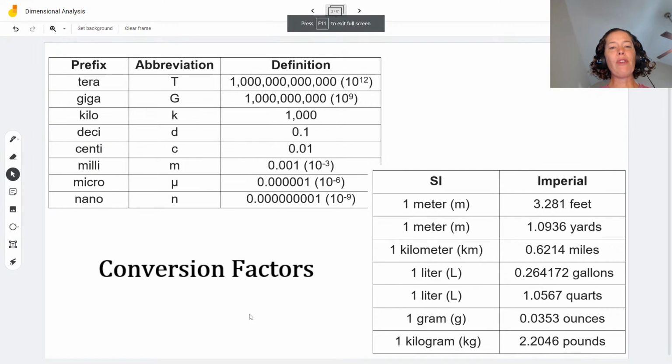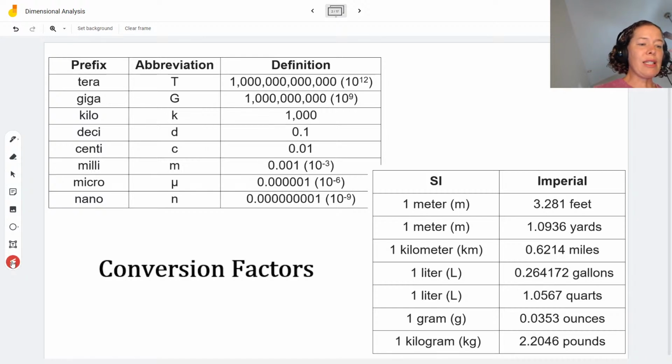Okay, so first I just want to show you our conversion factors that we are going to work with. Obviously, there are many more conversion factors. You can find these in a textbook, you can find these online, but these are the ones that we are going to work with in these problems. So what I've got here is I've got